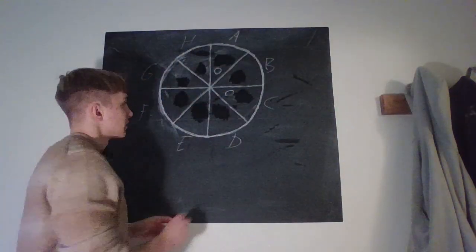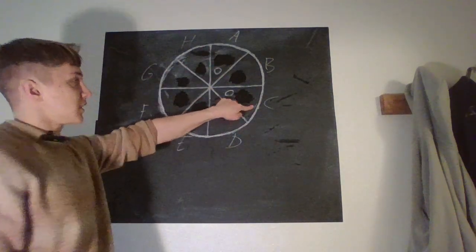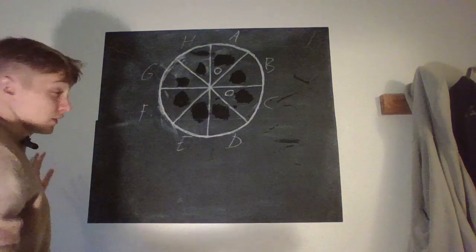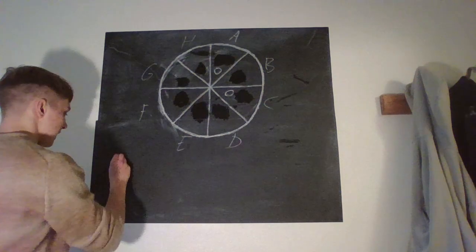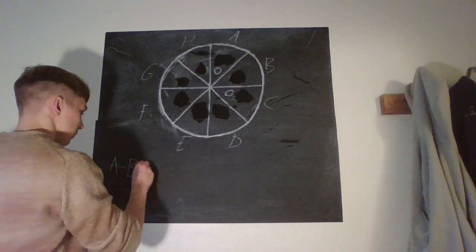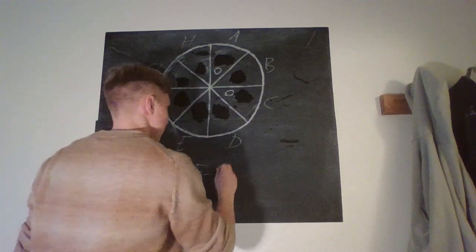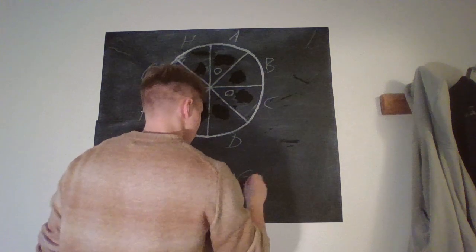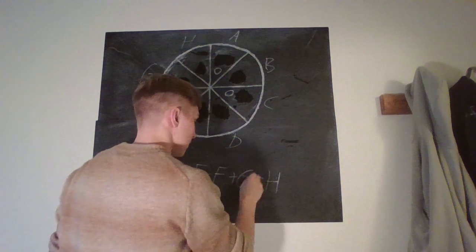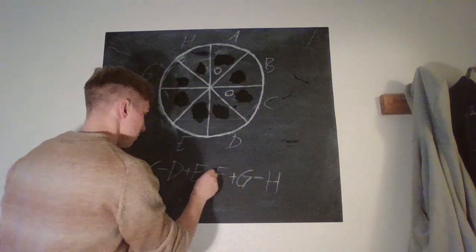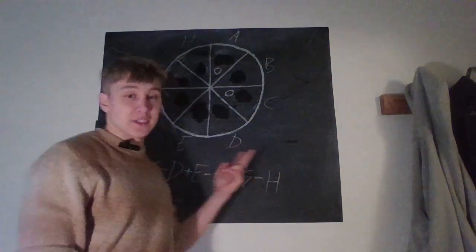So I'm back. So yeah, this was our starting position where A was equal to 1 and C was equal to 1 and everything else was equal to 0. So if I were to just give you the function A minus B plus C minus D plus E minus F plus G minus H, this would be a so-called invariant, because if we're adding a pepperoni on adjacent slices,